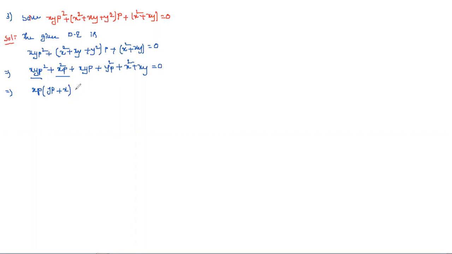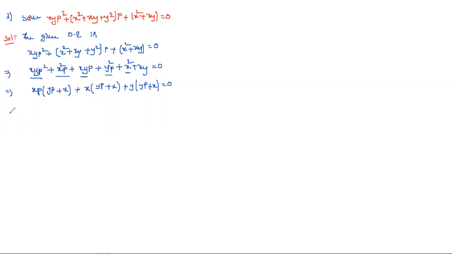Next, plus in these two terms, the second and third term and the fifth term, x is the common one. If you take x as common, what do we get? yp from this term and x from this term. And next, coming to these two terms, y is the common one. If you take y as common, what about the remaining? yp plus x is equal to 0. I simplified by taking common terms.